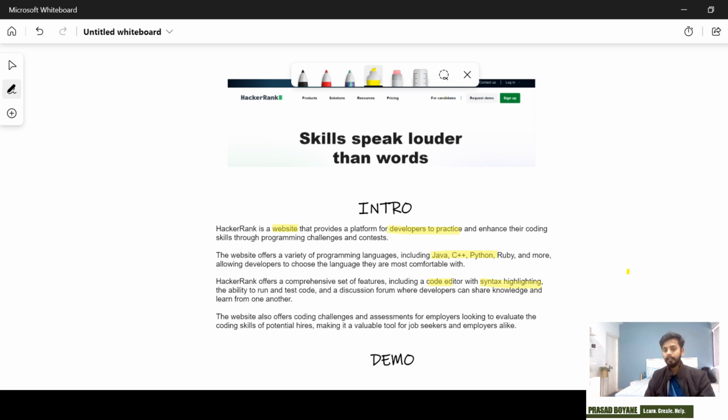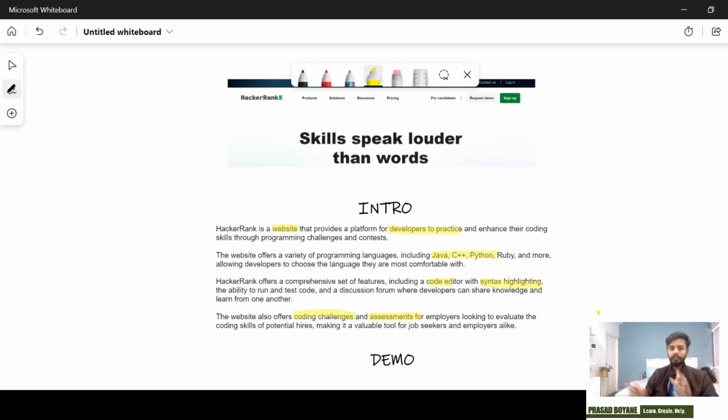This is called syntax highlighting. For each language, the syntax highlighting is different, and HackerRank supports the appropriate syntax highlighting. Along with the practice, this website has a lot of interesting coding challenges and assessments